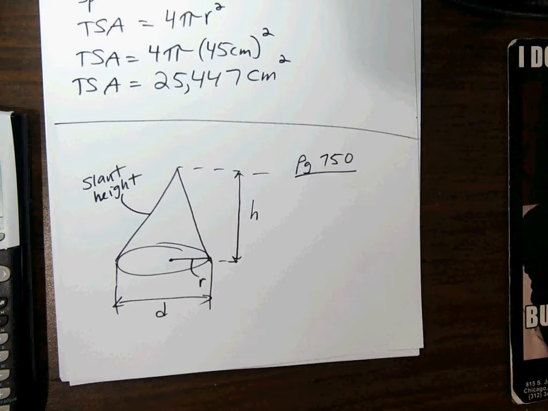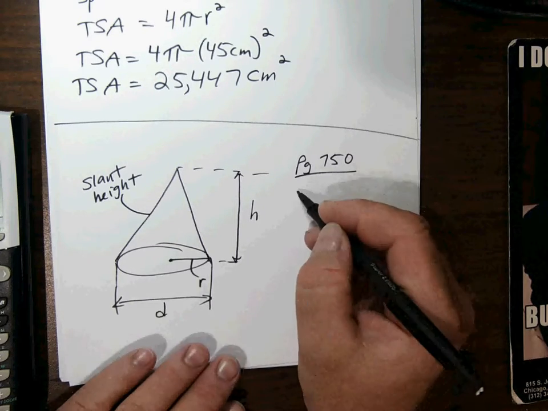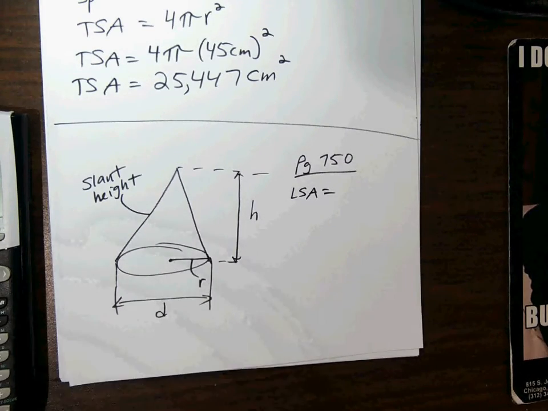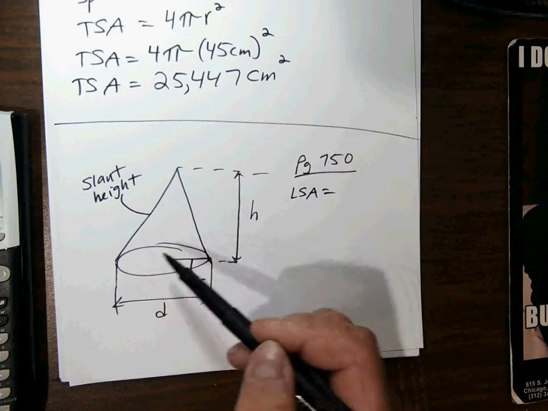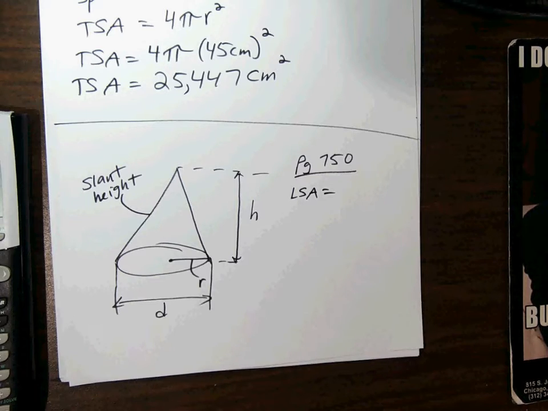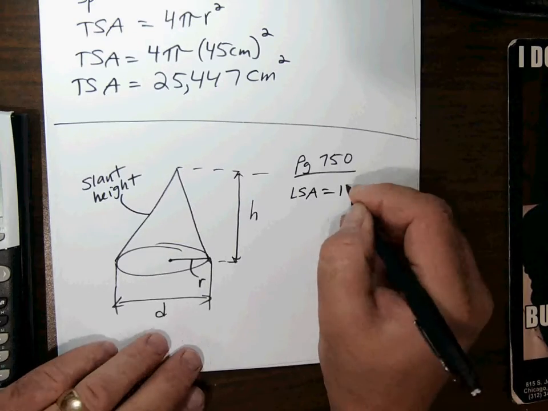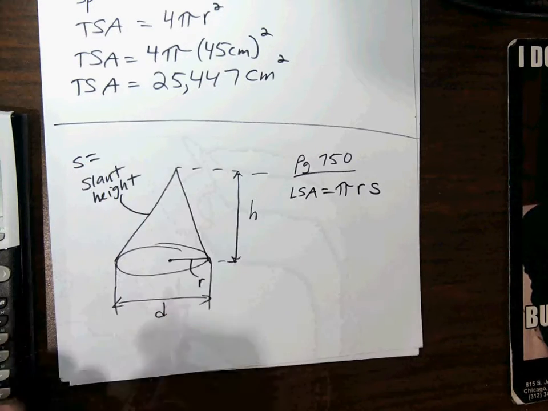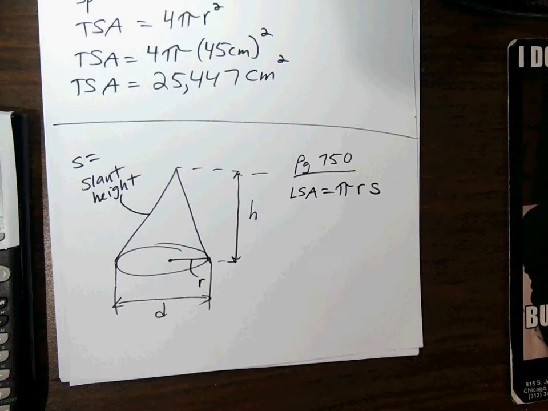Again, now with the cone, we can still talk lateral surface area, which is just going to be the sides, not the bottom of the cone. There is no top of the cone, of course, right? It's just a point. So all this side area would be the lateral surface area, and then we'd have the bottom of the cone, which would be just a circle down there. Okay, so lateral surface area is defined as pi times the radius times s, and s is what we're calling this slant height. So we need to know the length of that side. Lateral surface area is just pi times radius times the slant height,